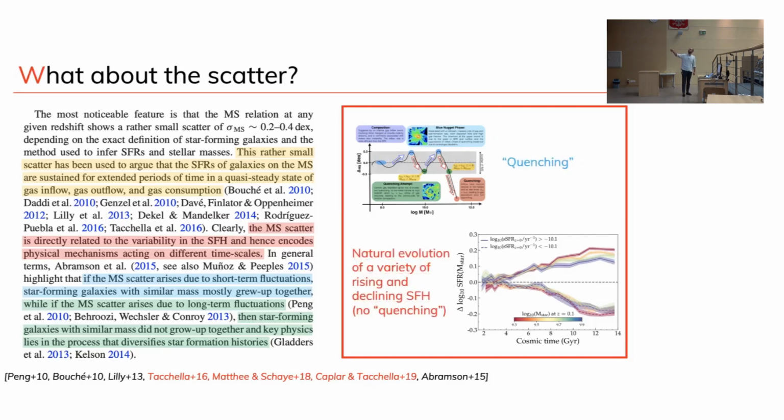Yeah, sorry, this is also like a natural consequence. Second, you need something to take your galaxy off the main sequence, quenching, some event. Maybe linked to the fact that you can't accrete gas, maybe because you expel the gas. Well, this one would just be a natural evolution of increase and decrease in the star formation history that would just explain as well your cosmological star formation.